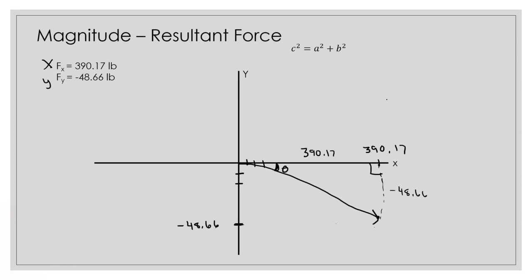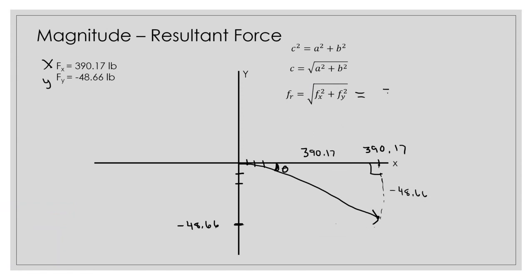Okay, so back to this. You know that c squared is equal to a squared plus b squared. That is your Pythagorean theorem, right? Like I mentioned earlier, you find the square root of both sides. Now this is what we're looking for: your x direction squared plus your y direction squared, and that will give you a resultant force, or the magnitude. Remember, this is also the magnitude.